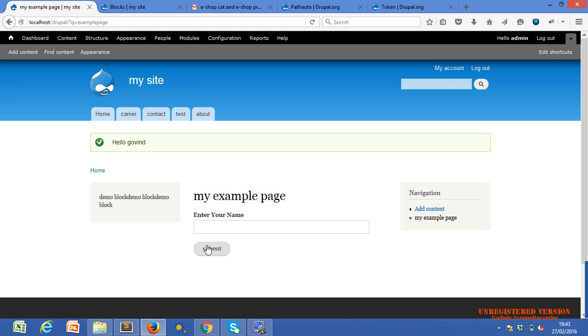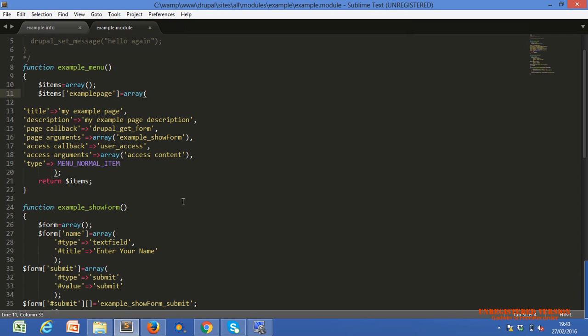What is the working? Whenever we click on this submit, it will either display an error message or display a hello message with our text. So for that, this is the code.